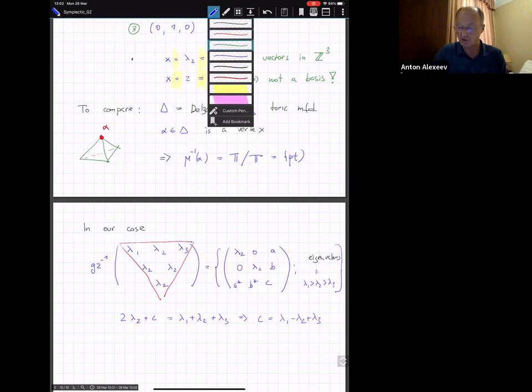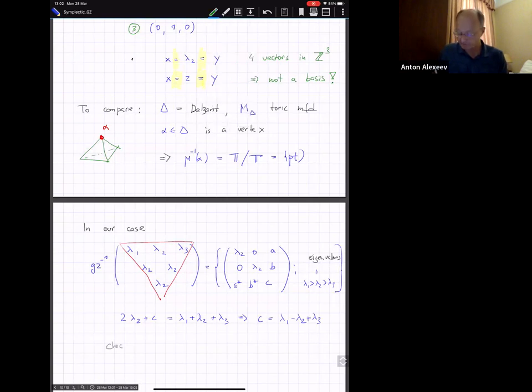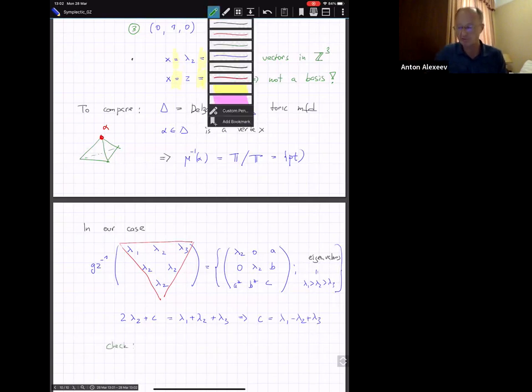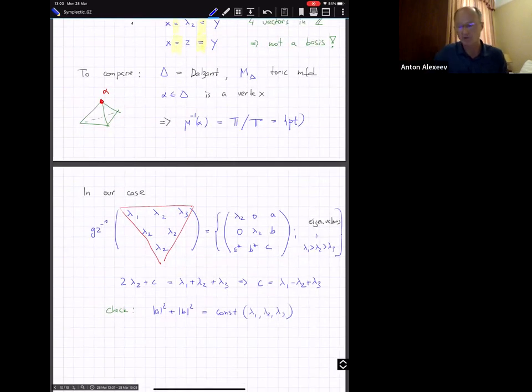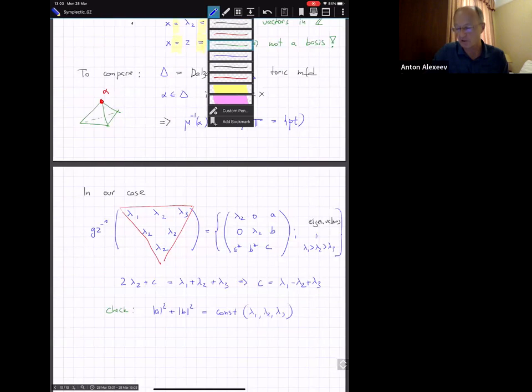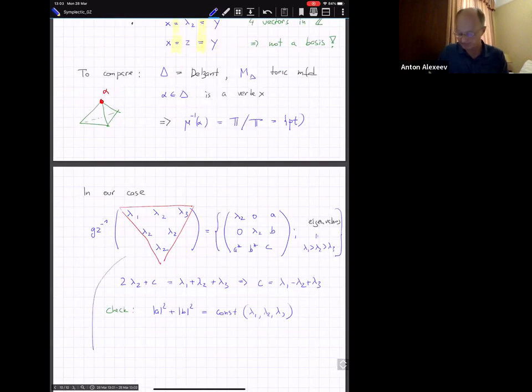And then it is a simple linear algebra exercise that the only constraint on A and B is that A squared plus B squared is some constant which depends on lambda 1, lambda 2, lambda 3. So therefore, we actually know how this preimage looks like. So this preimage is